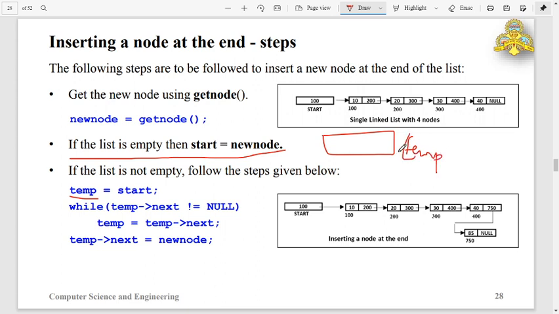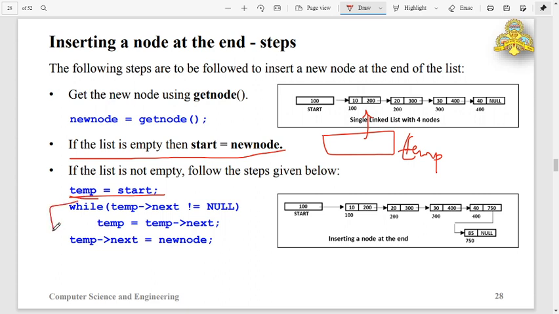Whatever the content in the start pointer, the first node address, is assigned to temp.